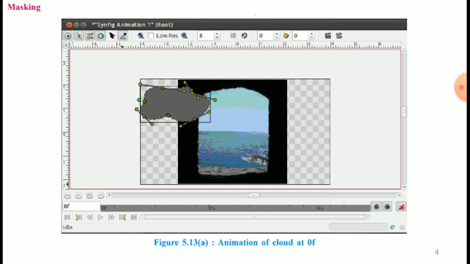Move the cloud a little bit to record the position at 0f in the timeline. Now click on the 5s mark on the timeline and drag the cloud toward the right.